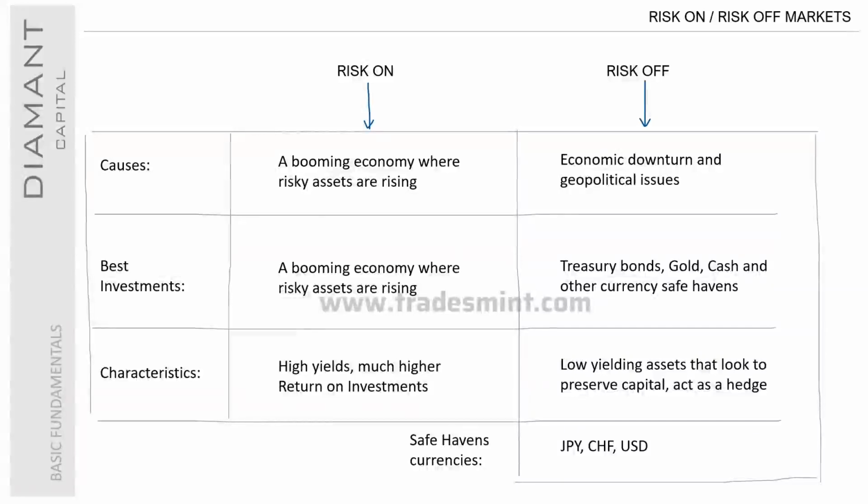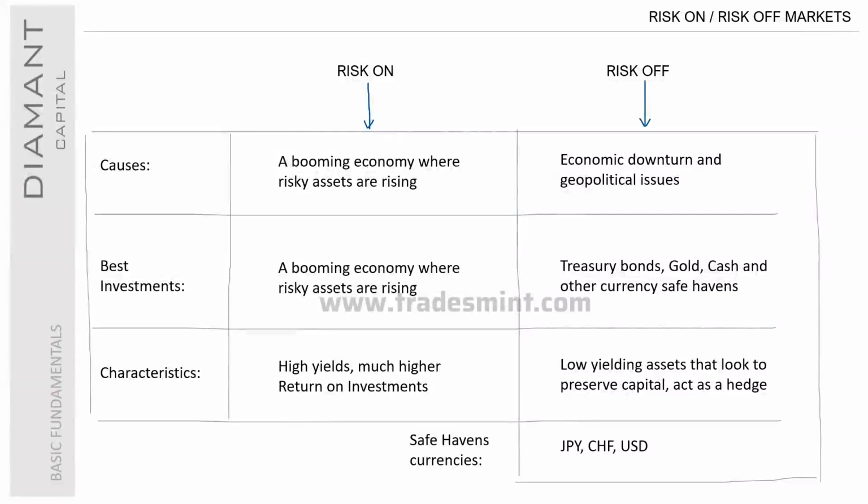So obviously different types of investments that we can look at, and the characteristics: high yields, much higher return on investments. And this is what they want at the time. When the economy is booming, large investors want to see that return on investment, because if the economy is booming and they're only receiving maybe that 1% interest that they're leaving in the bank, for example, there's not going to be much incentive to keep it there, right? If they're able to earn 20% a year on the stock market, then they would much rather do that.